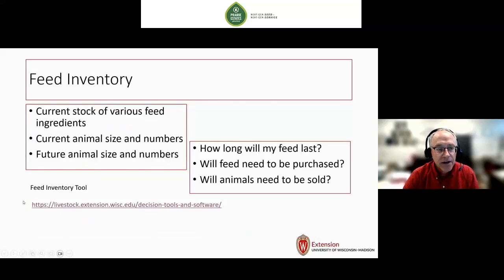So getting close to the end here on this part of it, but the feed inventory side is the next step. What do we have out there that we can start to predict, maybe what we might have for a corn silage yield just based on silking? As we know, it's not going to get any taller. So we've hit the height and now it's a grain filling issue. So what do we have out there for current